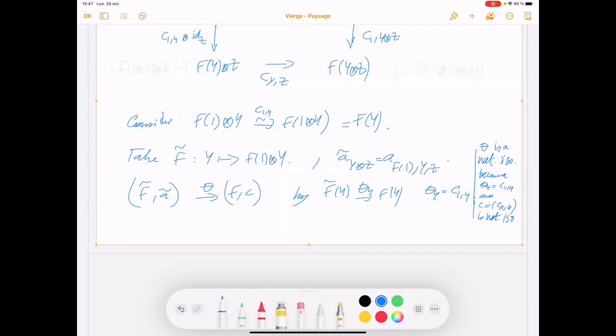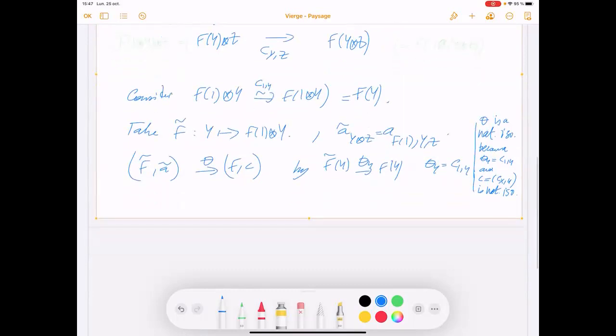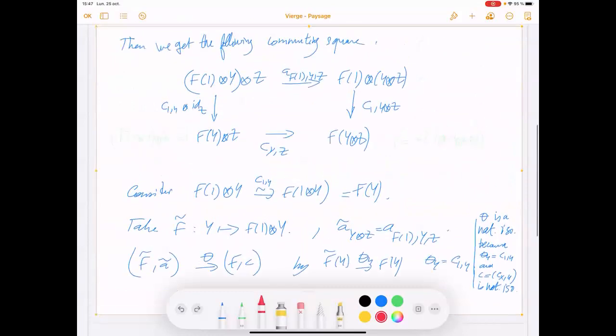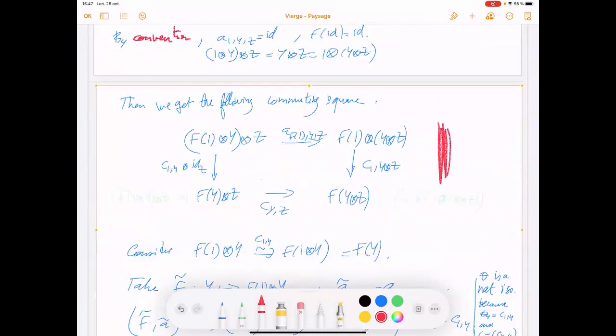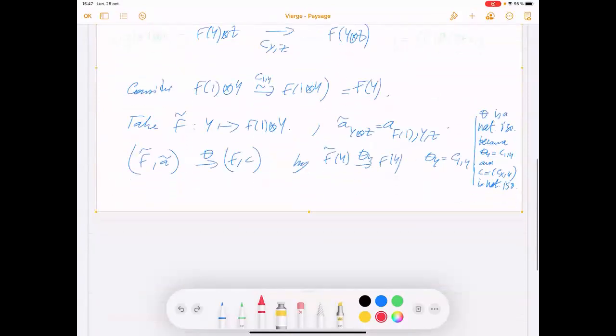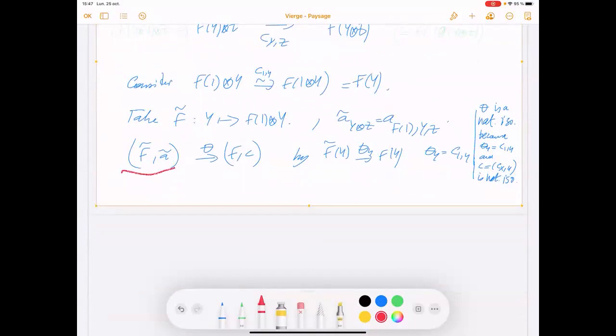So here we started from that, and we made that. So we can recover that from that. We just need to prove that this theta is really a morphism between these two. It's a morphism in this category. And this will be a morphism because this will be exactly the diagram we get before.